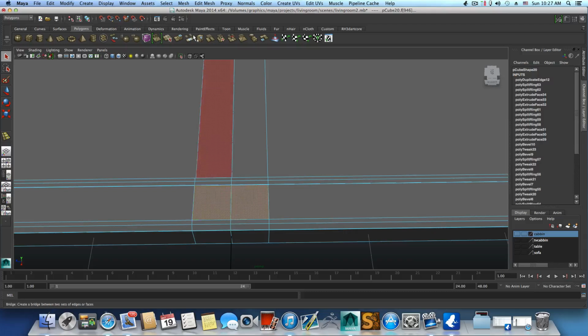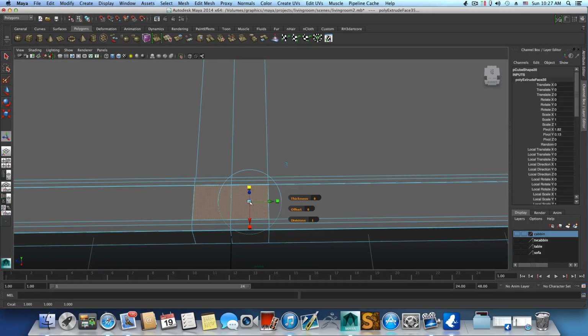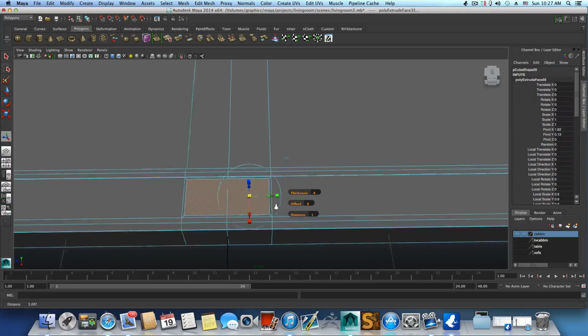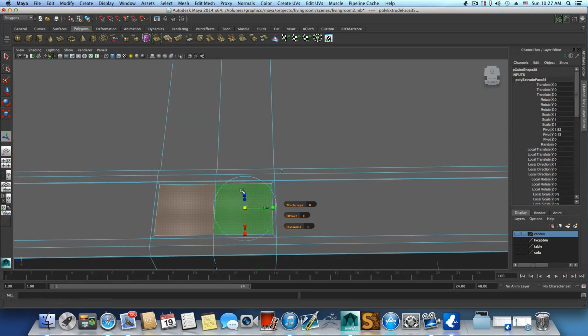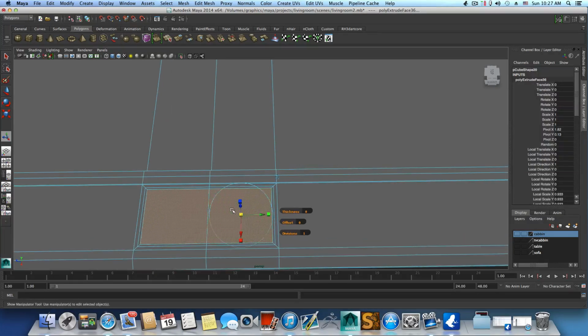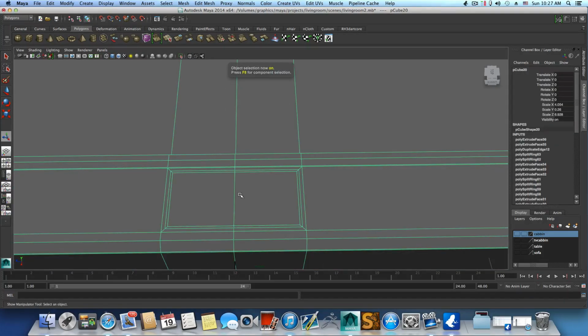grab these two faces, extrude them, tap on one of those cubes, bring this that way, okay, and extrude it once more, bring it that way, then press F8 once or twice to bring it back to object mode, right click, edge,